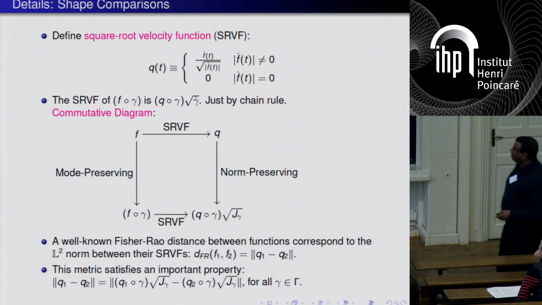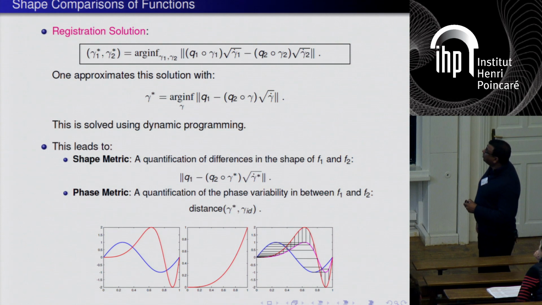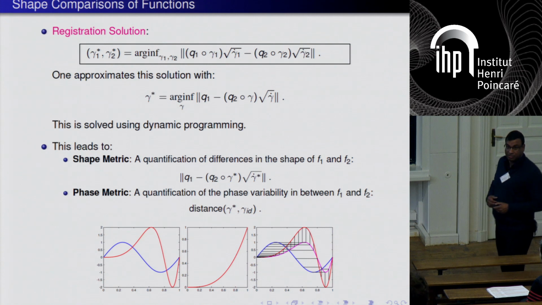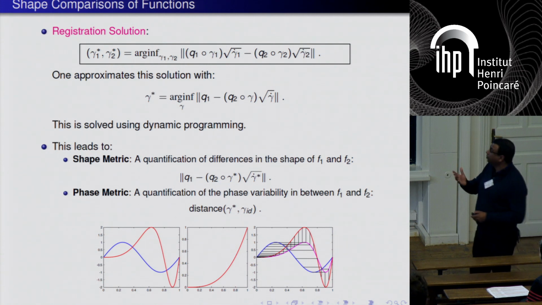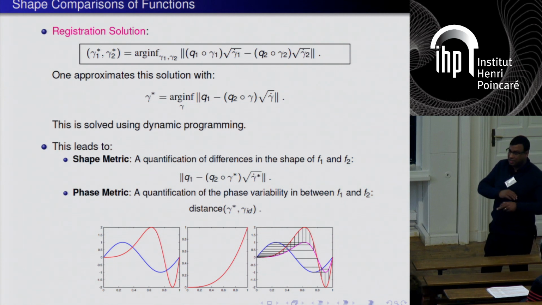It helps us preserve certain nice properties and allows us to set up a registration problem, and I will just talk about this approximate one. If I have to register two functions f1 and f2, I compute their SRVFs, q1 and q2. I fix q1, and I do all possible time warpings in this group action of the second one, and the best one comes out to be the one that aligns the peaks of f1 and f2. Okay? So it's a very simple story. There is a dynamic programming algorithm. Over the years, people have developed many more optimal,